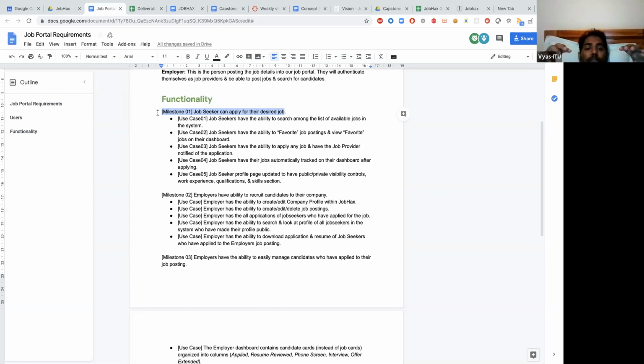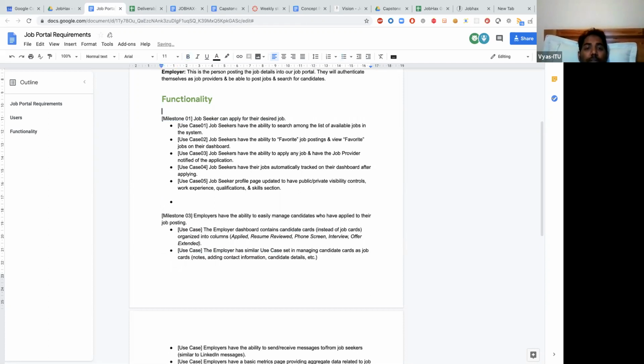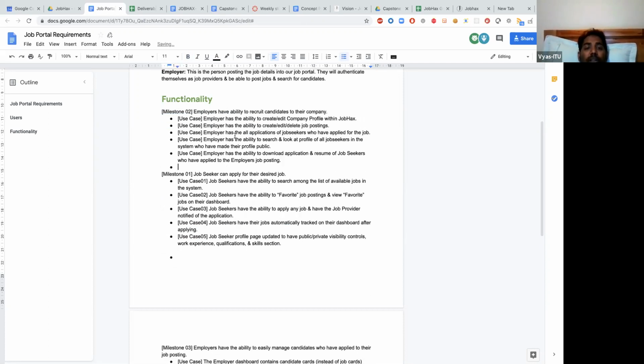I would say let's push the employer side to the top. If the order doesn't make sense, that's fine. Because ultimately, for a job seeker to apply for a job, there should be a job in the portal first. So if we work on the employer side, onboarding the employer, and he or she posting a job, and once it is available for the job seekers to apply, then we can get back to the job seeker.